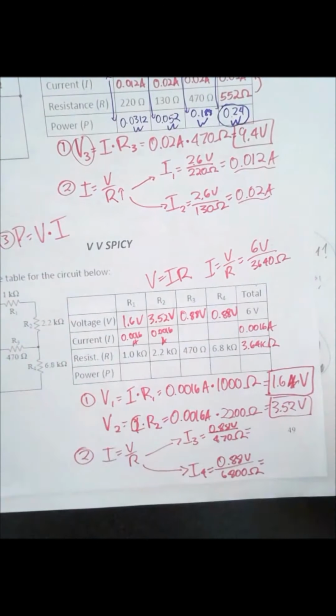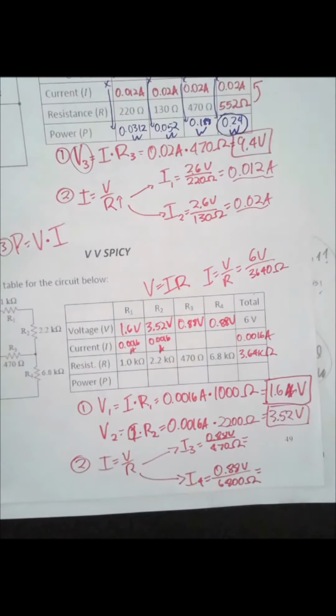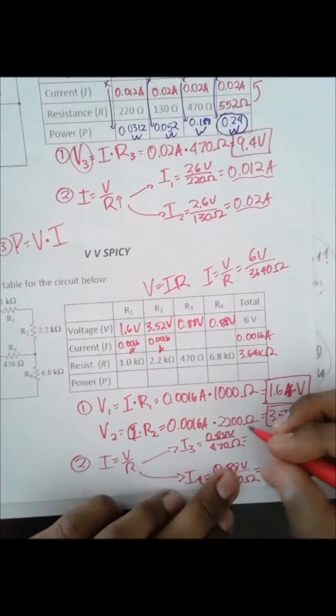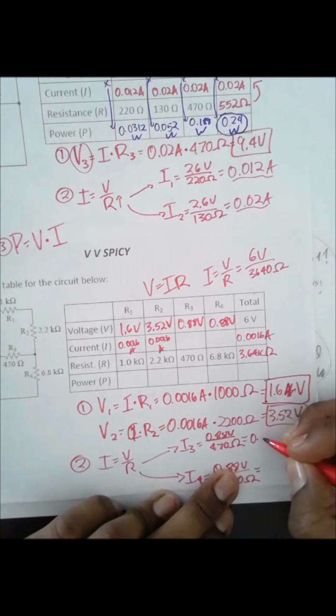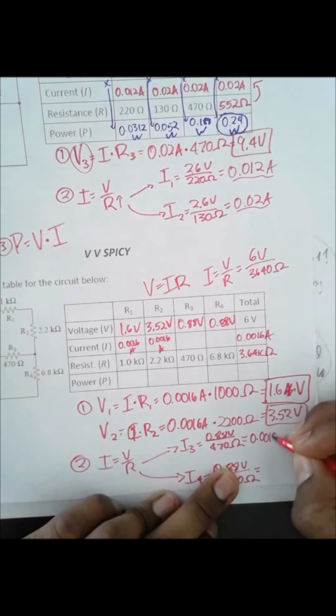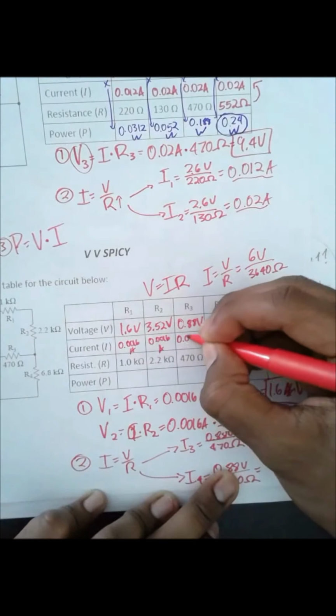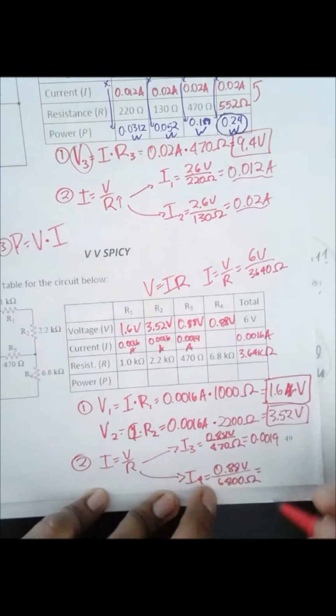So I3 and I4 coming right up. We got 0.88 divided by 470. Oh, that's pretty small. I3 is 0.0019 amps, and then I4 is